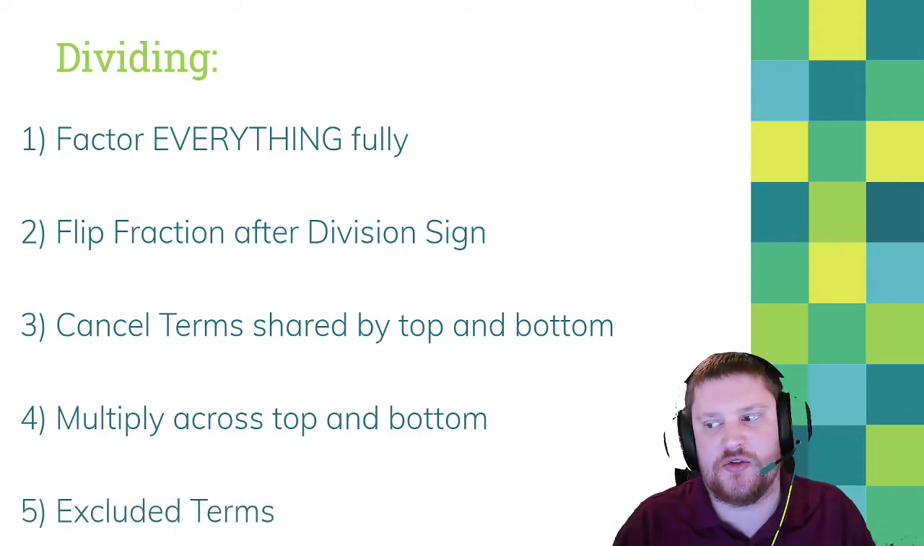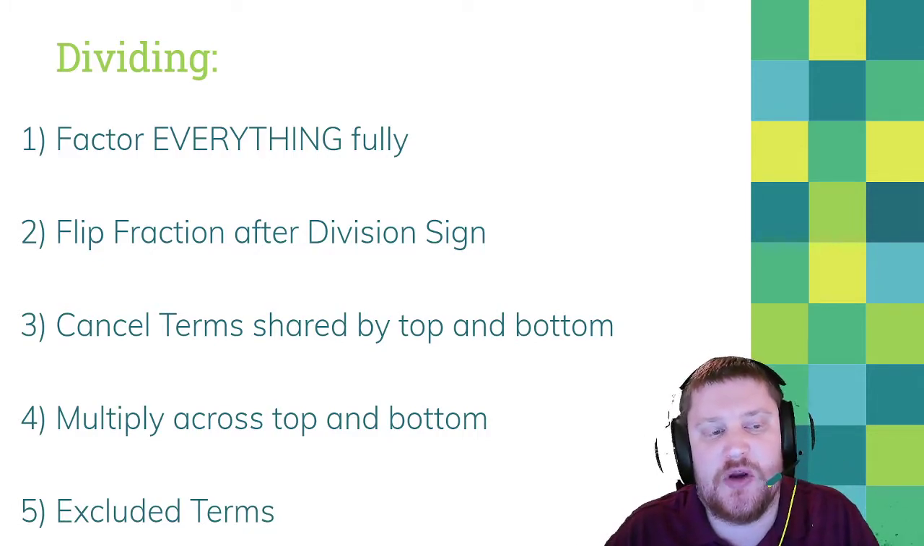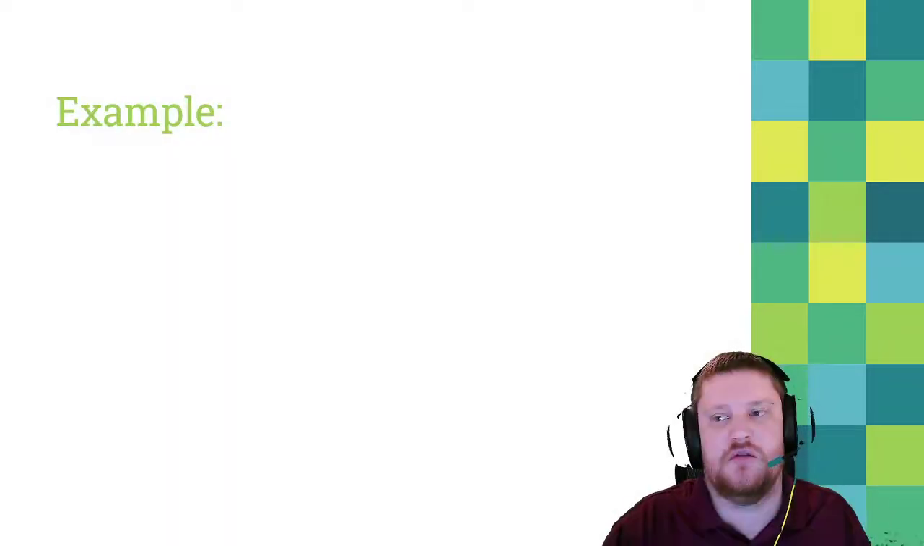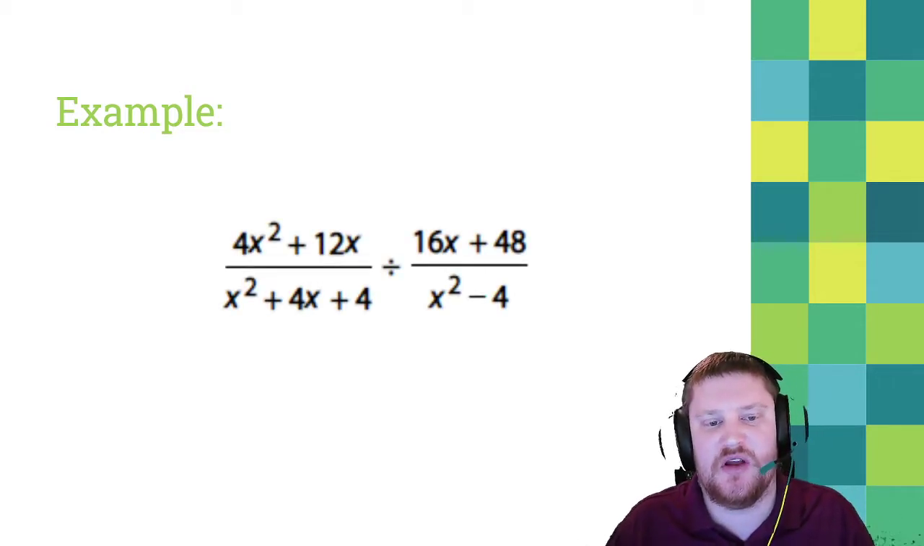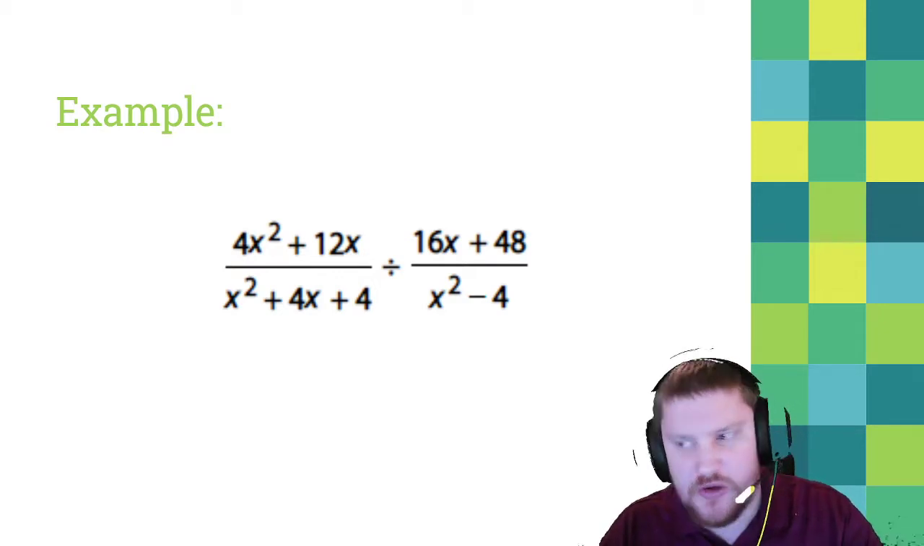Finally, you find your excluded terms. Now for the excluded terms, there is a small difference between how you do it with multiplication and division, but I'll show you that here on the example. So our example for division is going to be this. And I know it looks big and I know it looks like a mess, but together we'll be able to figure this out. So we have